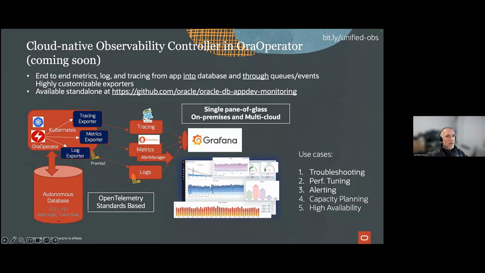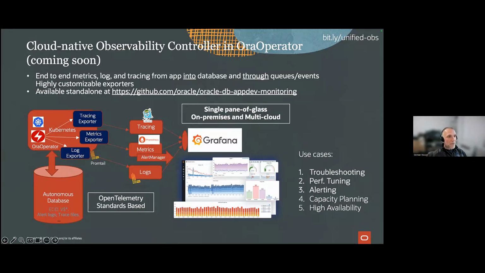So when you enable this, as I mentioned before, this is not available within the operator right now, but it will be available, and it will be a convenient way to deploy all of this at once. So basically, you would enable observability within OraOperator. All the exporters will be put in place to export that data from the database, and everything you need on top, like Jaeger, Prometheus, and Grafana, will be deployed in specific pods within your Kubernetes architecture for you to be able to use them. And basically maybe create a dashboard out of what's going on with the database, et cetera.